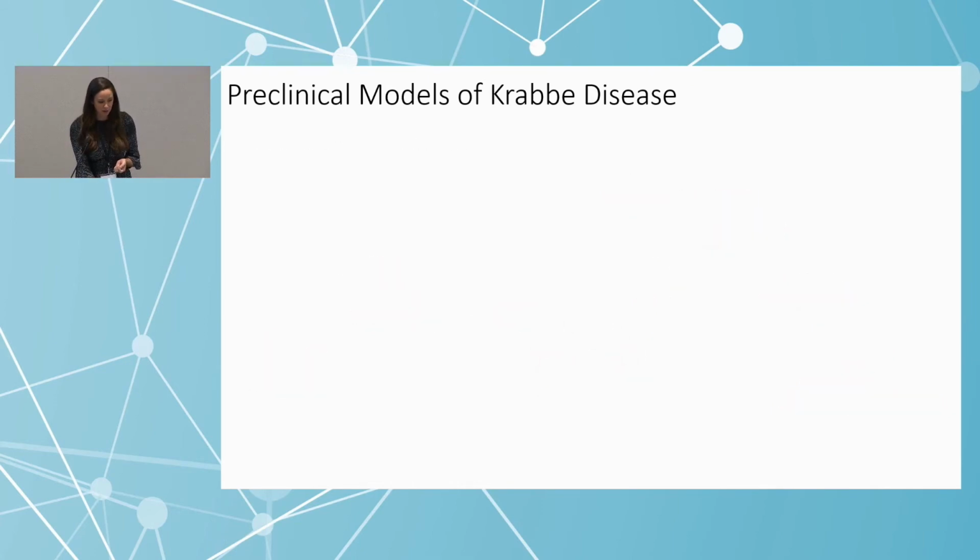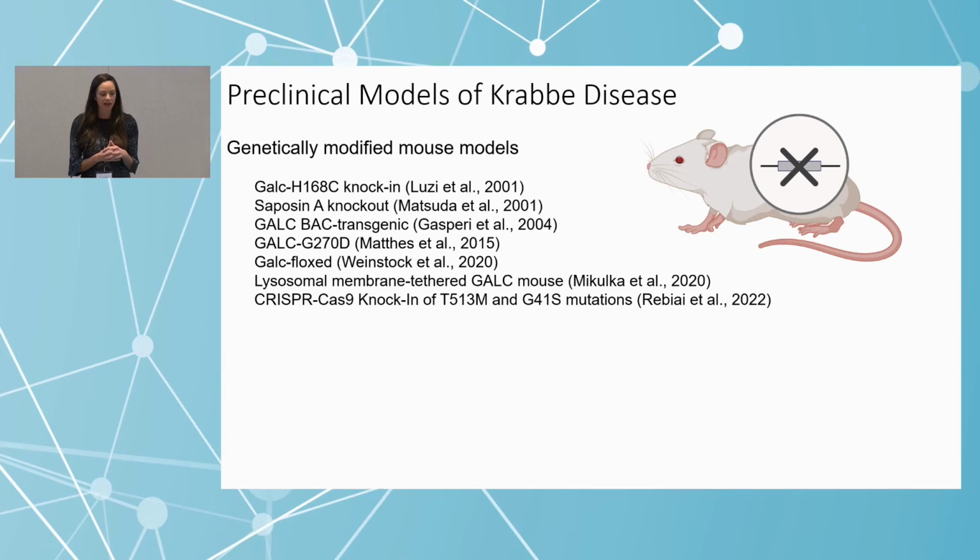In addition to our spontaneous models, there have been a number of genetically modified mouse models made over the last 20 years. Some of these represent later patient onset, some more juvenile onset mutations. We've also had some really interesting technology with trying to lysosomal membrane tether GALC or express GALC in just specific cell types. So these are newer models that are also really important and critical in understanding some of the mechanisms